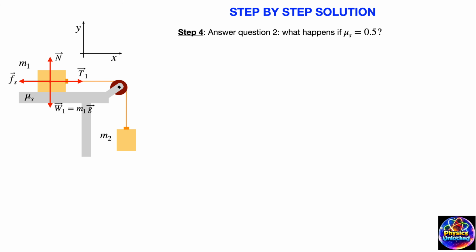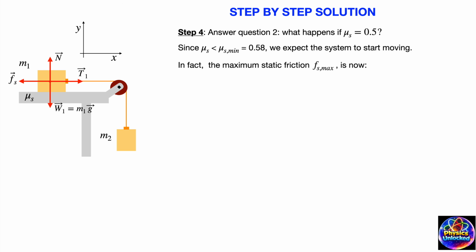So let's go ahead with step number 4 now, and let's answer question number 2. What happens if mu s equals 0.5? Now, since mu s is 0.5, which is less than mu s min, which is equal to 0.58, we then expect the system to start moving. In fact, the maximum static friction Fs max is now